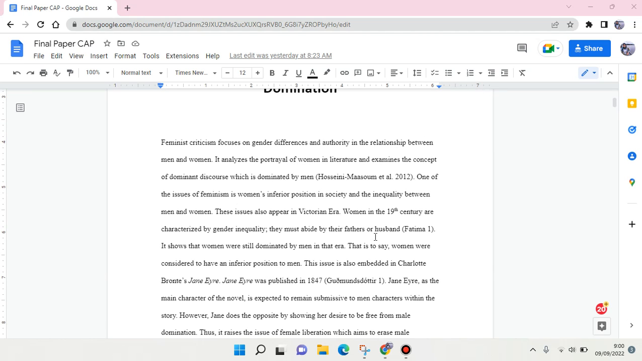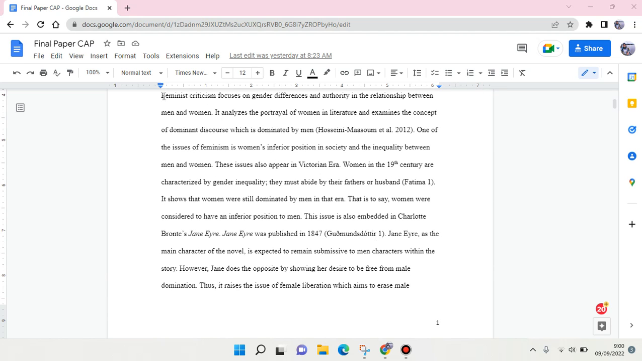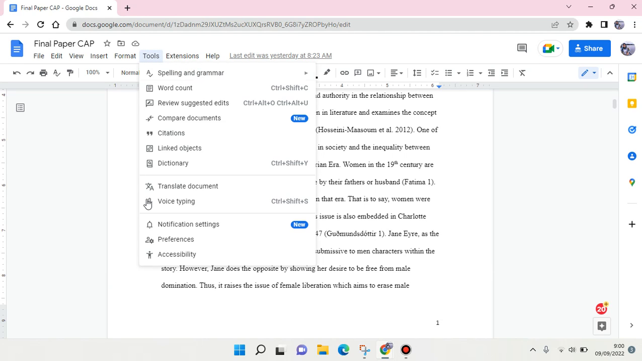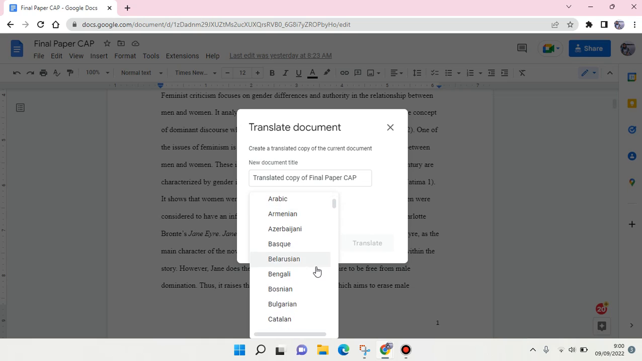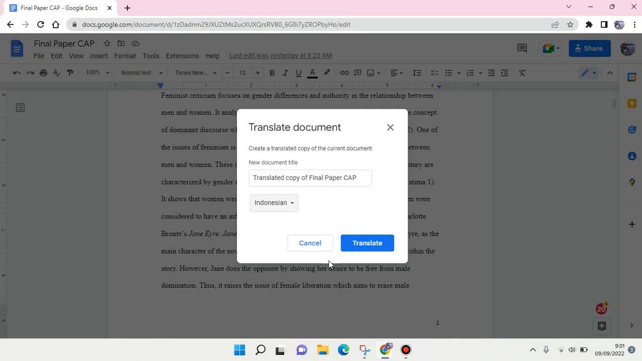So what you guys can do to translate it, you can just go to Tools and here click on Translate a document, and after that choose a language. Here I'm going to find Indonesian. Okay, so Indonesian here, and after that just click on Translate and let Google Docs do